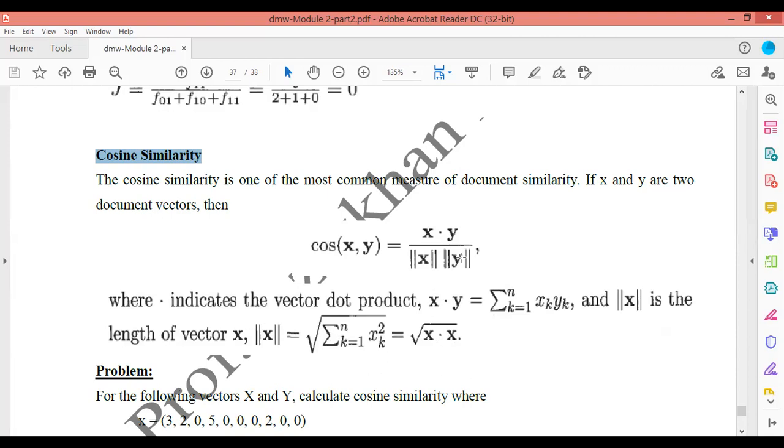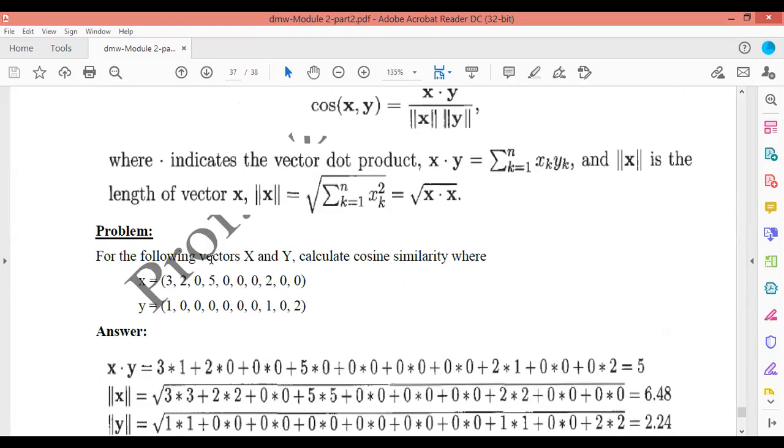So in the same way, mod of y will be y into y. That is, I need to consider the square of each of the attribute values of y, and then add all the squares of the attribute values and then consider the square root. You'll get this one. Okay. So now see here,